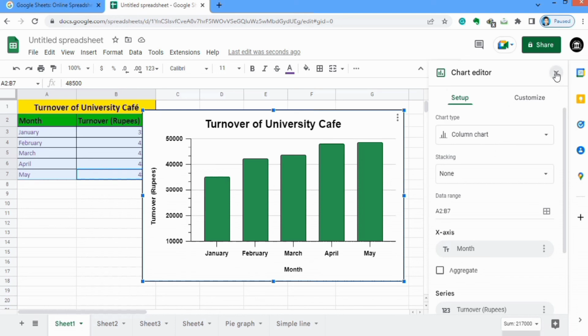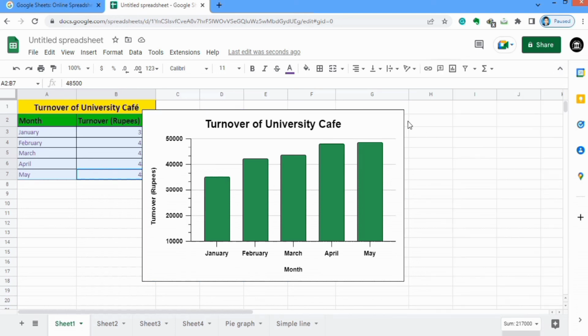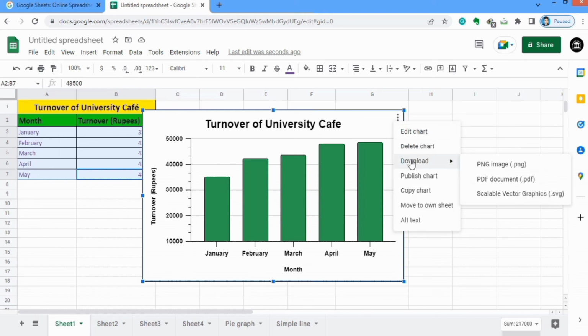You can use any one as I earlier explained. Similarly, if you click on it again, you will find different option. You can delete chart, you can download this chart in the form of PNG image or PDF or scalable, or you can just copy this chart and paste it in any